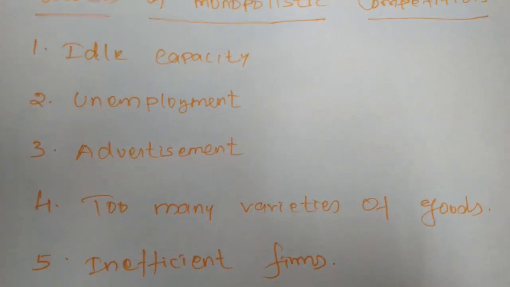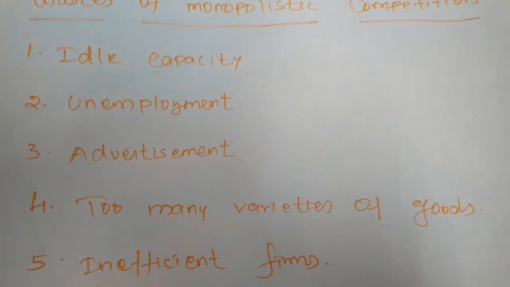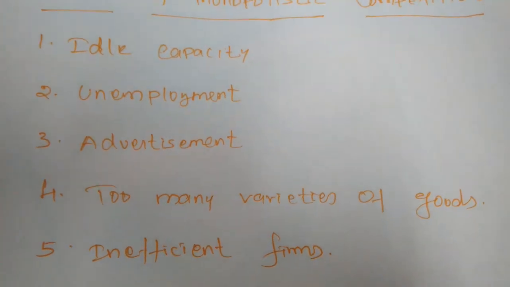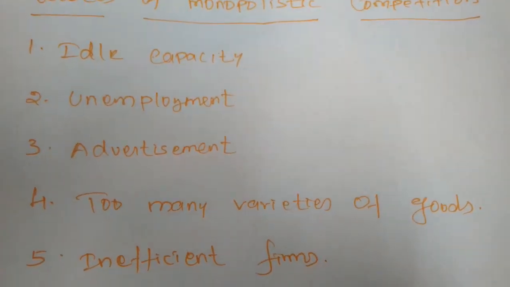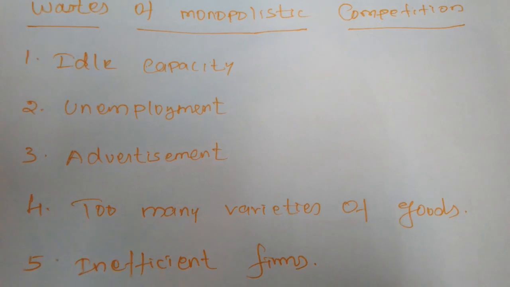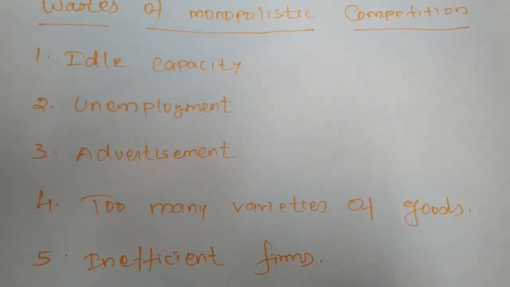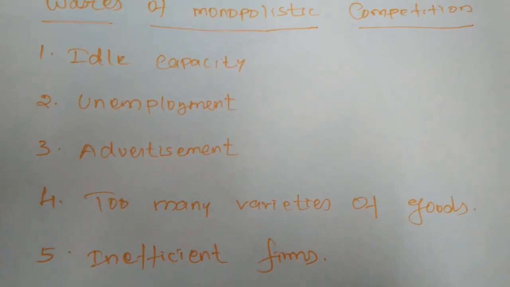If there is more demand and more supply, the firms or entrepreneurs will arrange more factors of production. If it is not like that, they will arrange fewer factors of production. Then all the other factors of production will be underemployed.